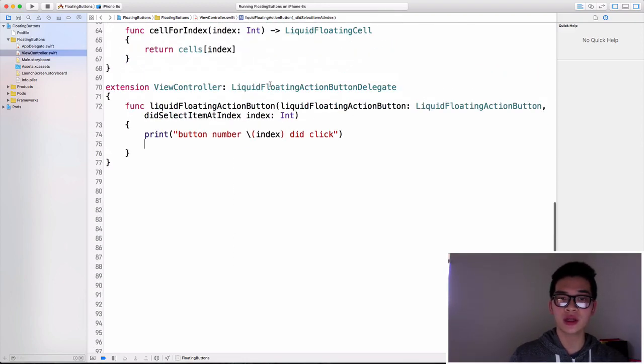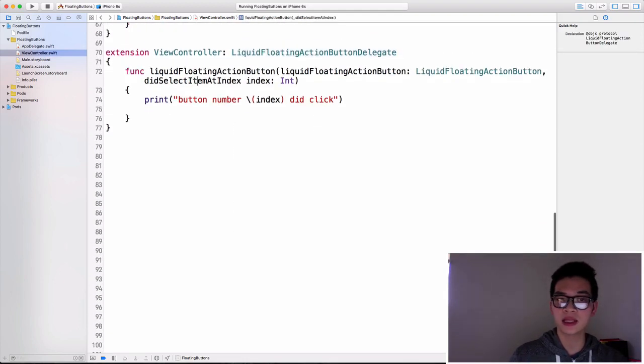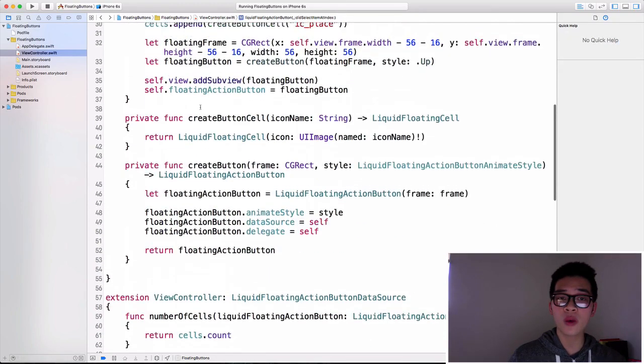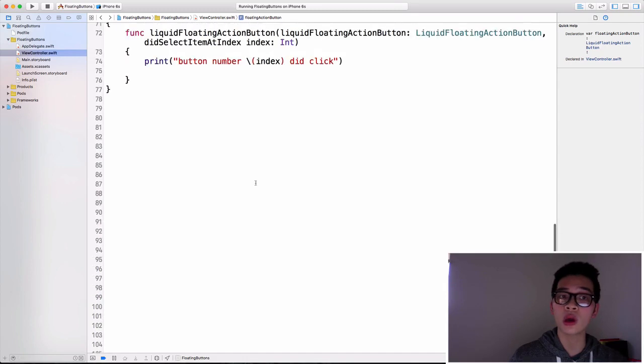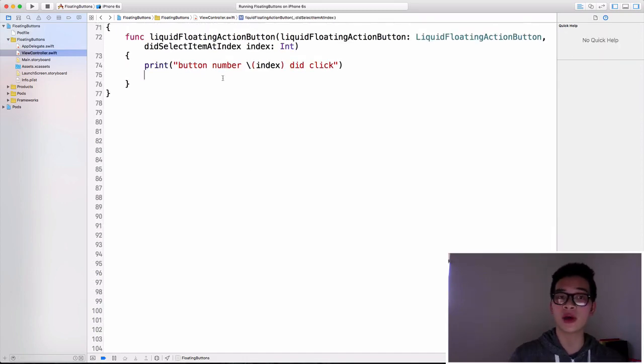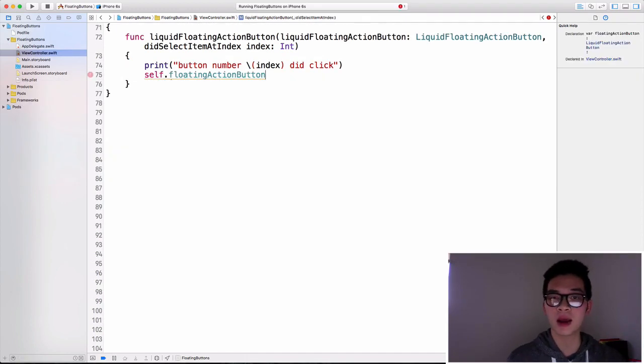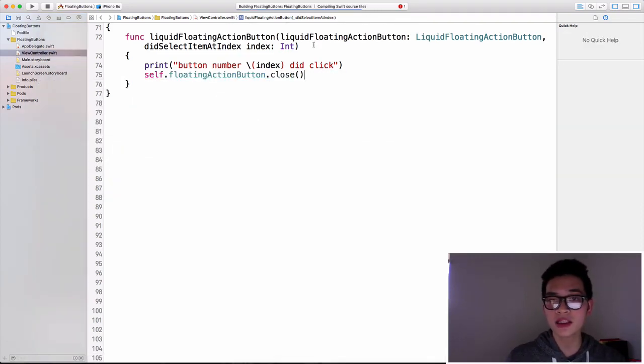In this extension, in this of the delegate, didSelect. Okay, the reason why we want to have a local one is that we can refer to that, and we'll close that whenever we click into it. self.floatingActionButton.close, just like that. And when we run this one once again,